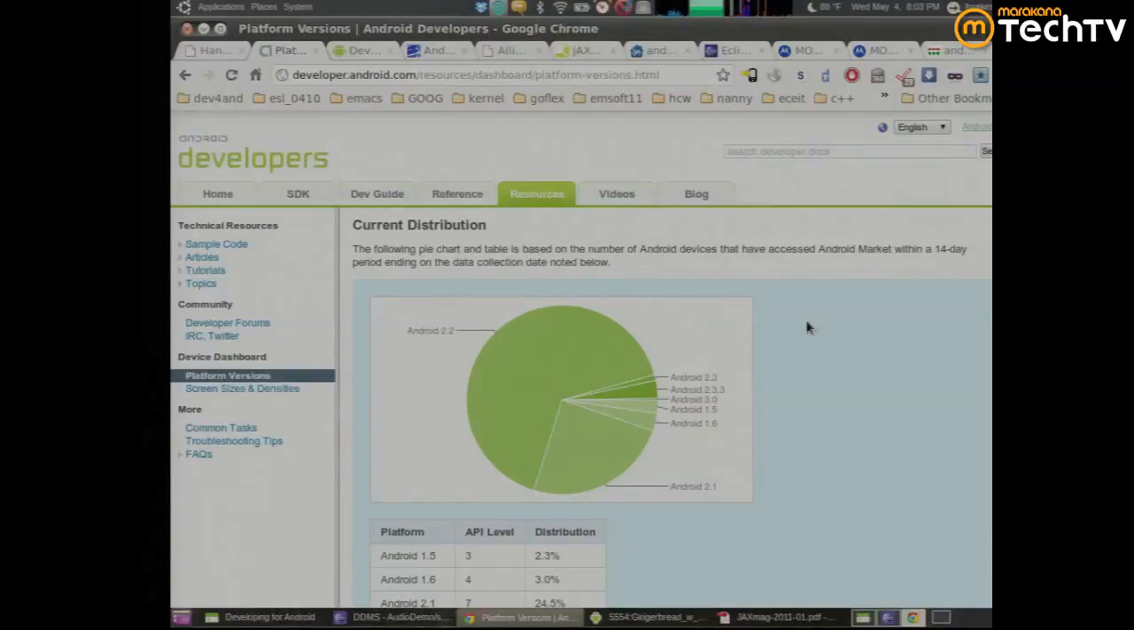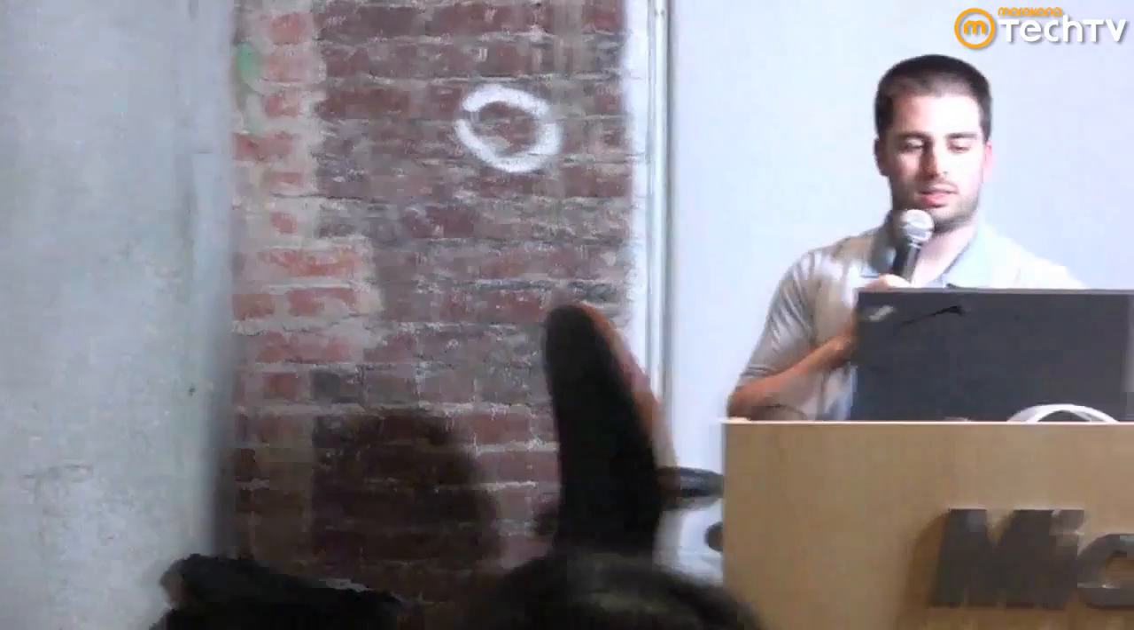It's under resources. So resources, platform versions. And that's your pie chart right there, sir. So it tells you that Android 2.2 is quite a big slice of the pie, Android 2.1, and then the rest are quite small. Okay, so the question is, are there differences in the APIs? And are there things you'd have to trade off between the different APIs? Yes, there are pretty big differences